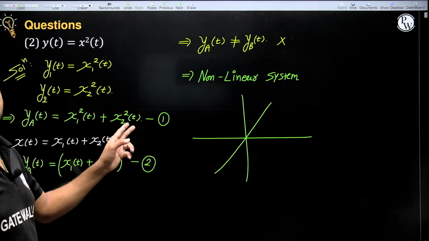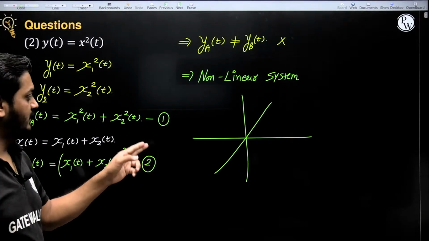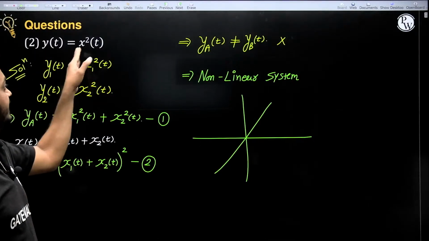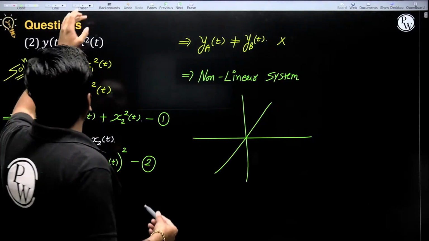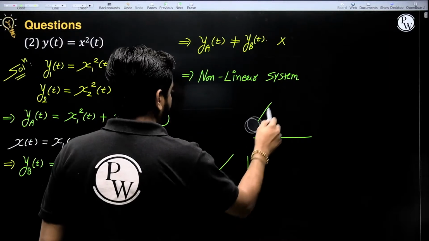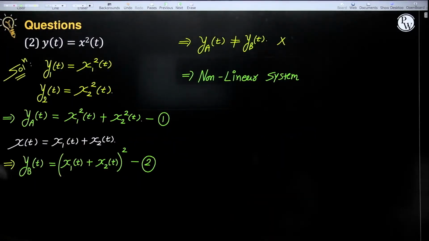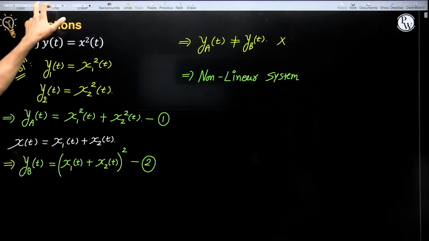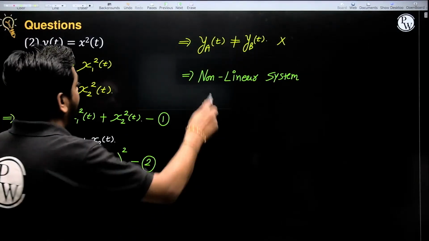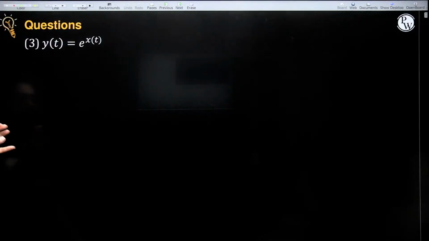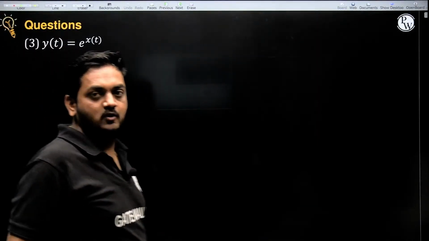Like previous question, y equal to 3x. Okay, y equal to 3x, so linear. Now this is what? X square of t. That's why it is a non-linear system. And by the procedure also you can. Yes or no? Fine. Next question. Now try this question and tell me this system e power x of t is a linear